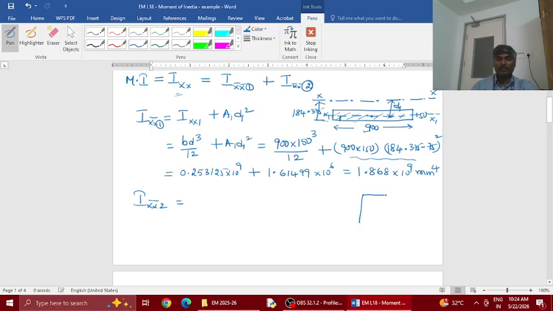It is 300 width, 350 depth. That is the second figure. The overall centroid of the figure is like this. It is falling here. So from here, this distance is